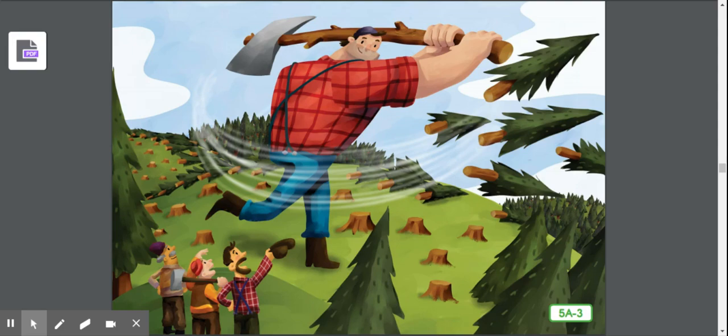As the tree tipped over, he would yell, "Timber!" So the other lumberjacks had time to get out of the way. Everyone looked up to Paul Bunyan, way up. The other lumberjacks were full of admiration for him. Admiration means they thought very, very highly of him. The bosses were grateful for the amazing amount of work he could do in a single day.